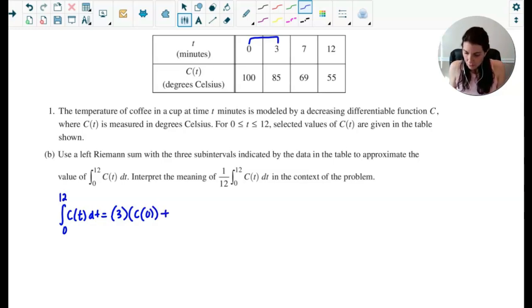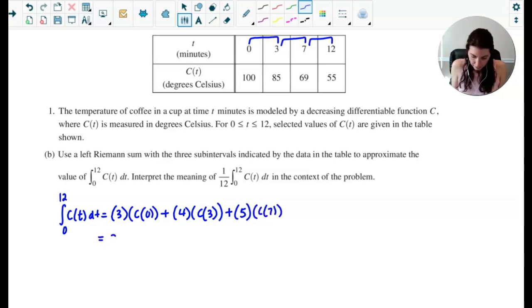The next rectangle would have a base of 4, since that's the difference between 7 and 3, and a height of c of 3. And then finally, the last rectangle is going to have a base of 5, since that's the difference between 7 and 12, and a height of c of 7. So I can plug in these values. It would be 3 times 100 plus 4 times 85 plus 5 times 69,